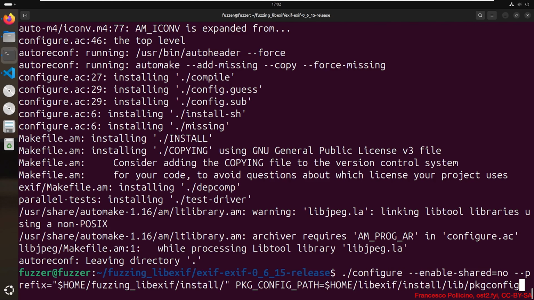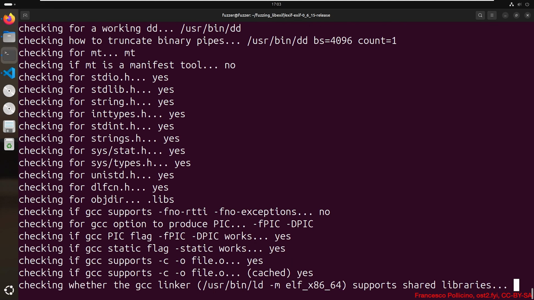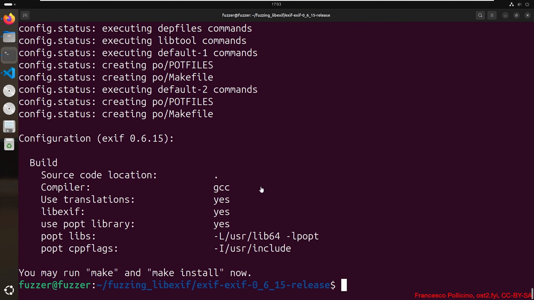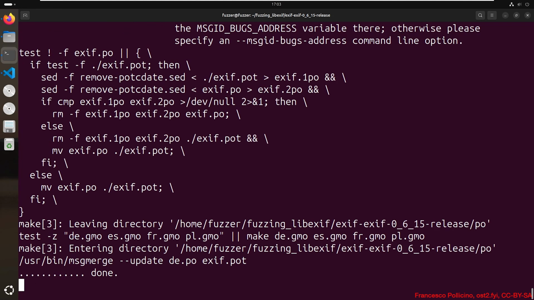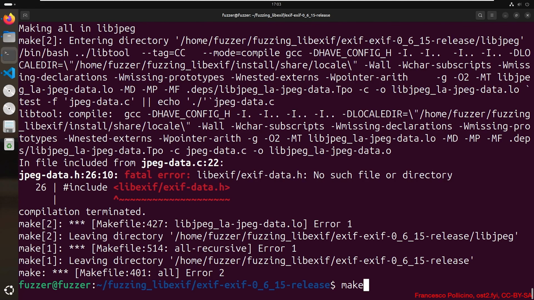So this is the command that we have to run. We have to run configure, again, without shared libraries. This is where we want to install it. And this is the path where we have installed libexif. Again, if you get some errors, please be sure that you have installed all the dependencies. Now, simply make. Okay, there is an error.